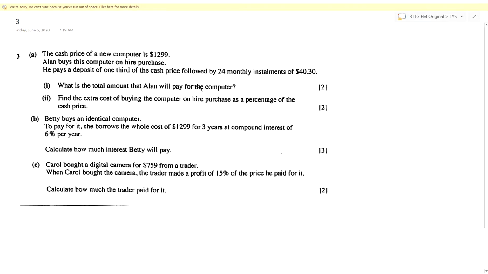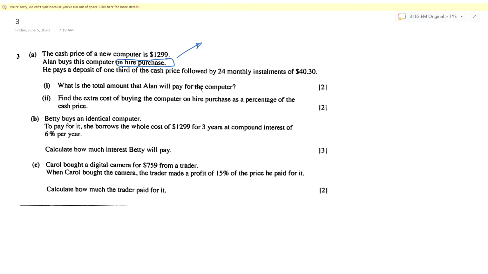Okay, let's begin. The cash price of a new computer is $1,299. Alan buys this computer on hire purchase. So hire purchase over here means that he does not pay the full sum at the start. He pays a deposit or down payment, and the rest of the money that is not paid, he owes it